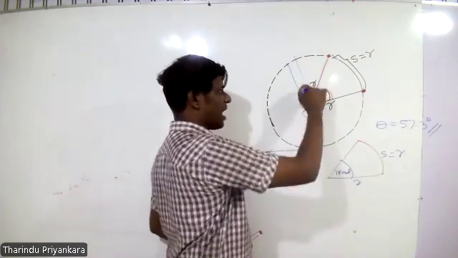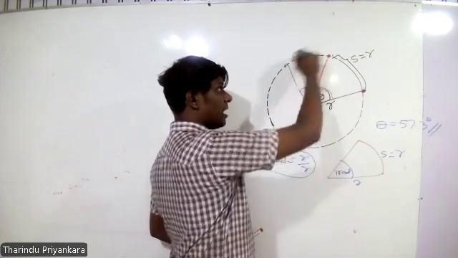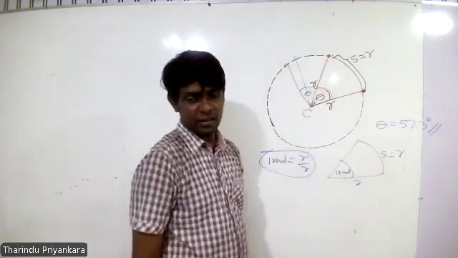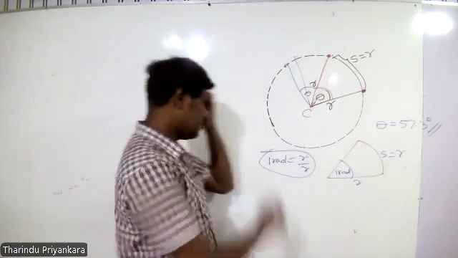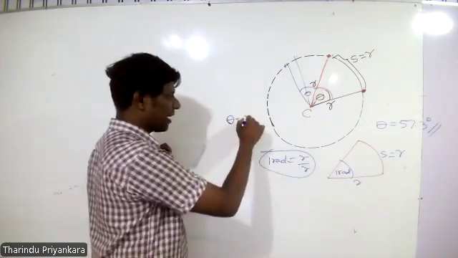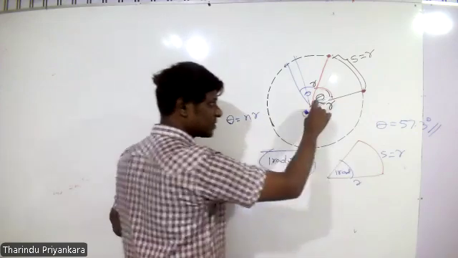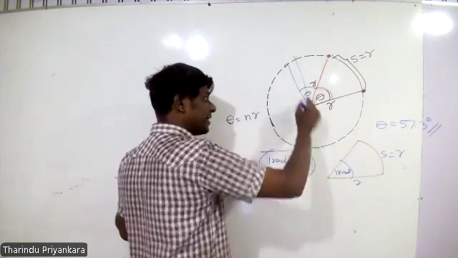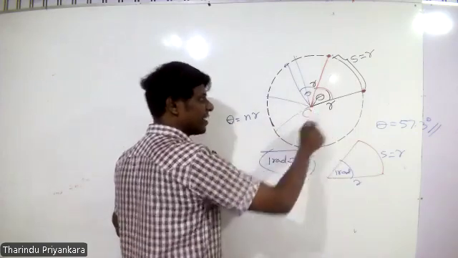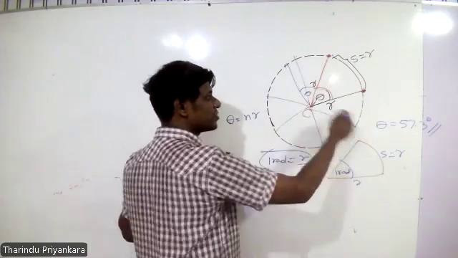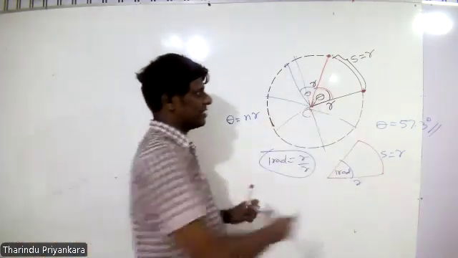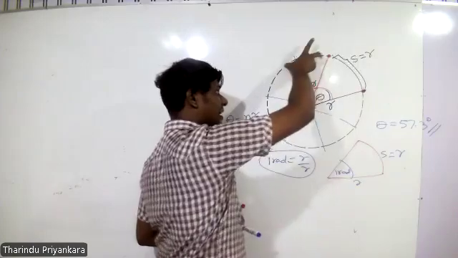If double the angle, double theta. If 2 theta, distance is 2r. Now what is it? Theta equals n times of r. N times of, that means 2 times of radius, 3 times of radius, 4 times of radius, 5 times of radius, 6 times of radius, like that. It continues. You can measure this distance as r,